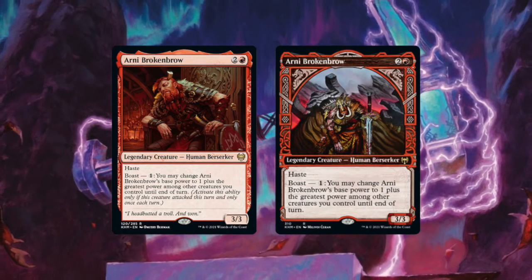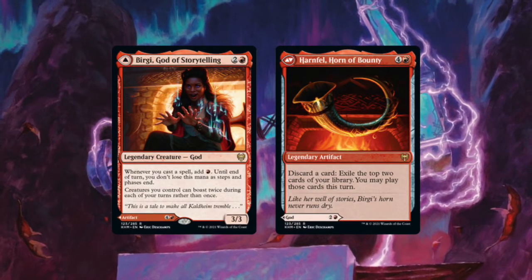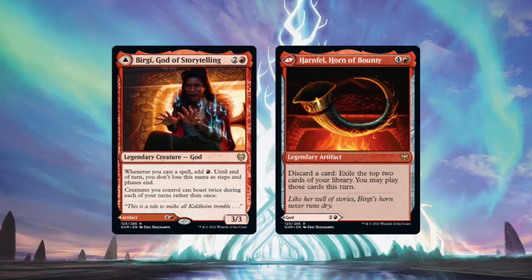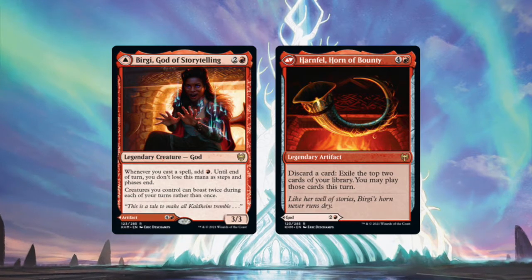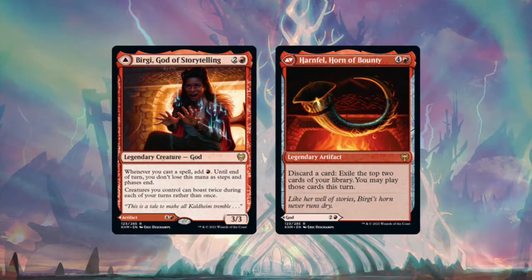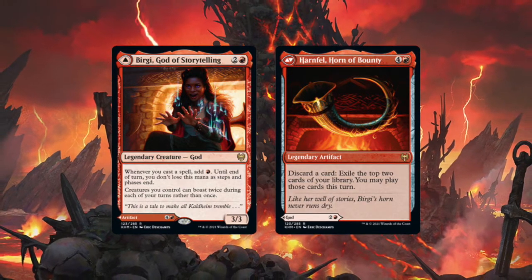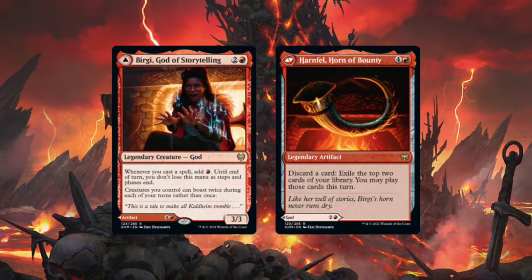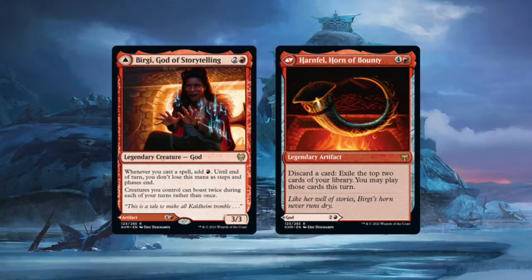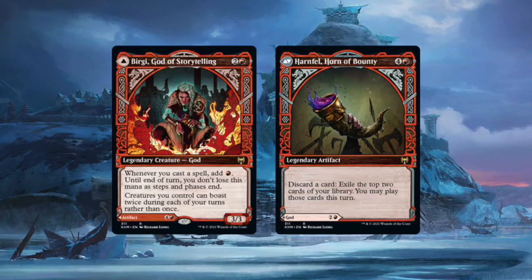Let's talk about this next card that I get to talk about. Urgi, God of Storytelling, two and a red, legendary creature god. Whenever you cast a spell, add red mana. Until end of turn, you don't lose this mana as steps and phases end. Creatures you control can boast twice during each of your turns rather than once. Then you got the other side. Harnfell, Horn of Bounty, four and a red, legendary artifact. Discard a card, exile the top two cards of your library. You may play those cards this turn. This card is...